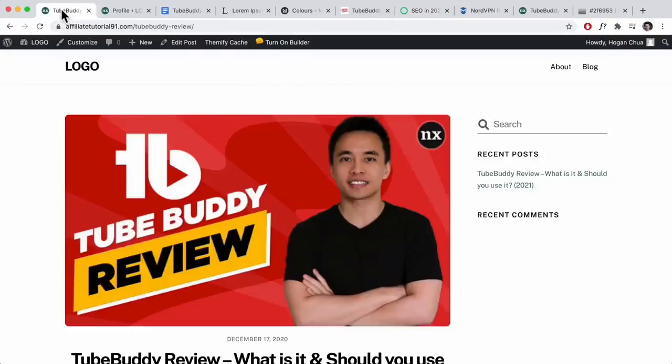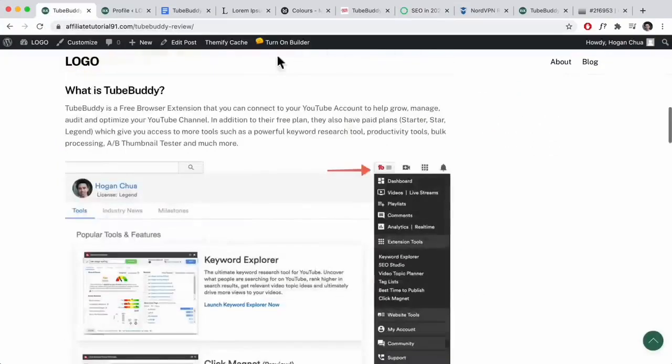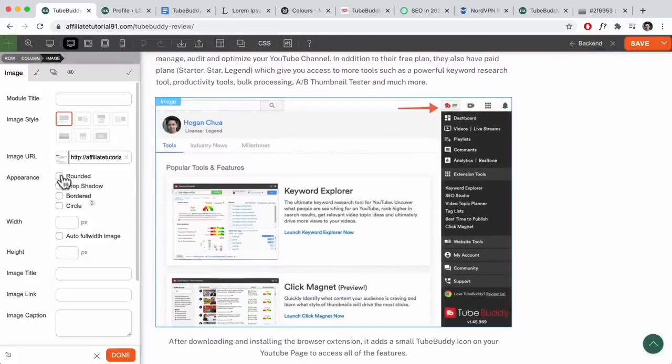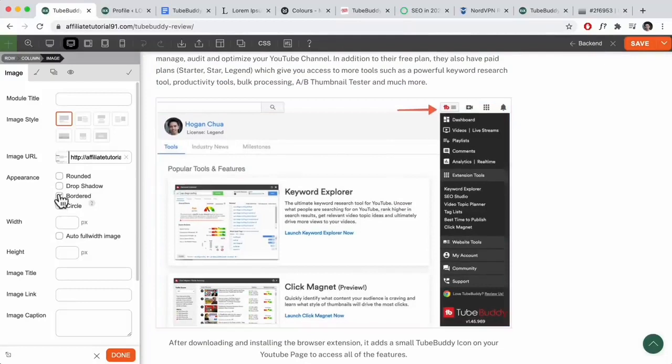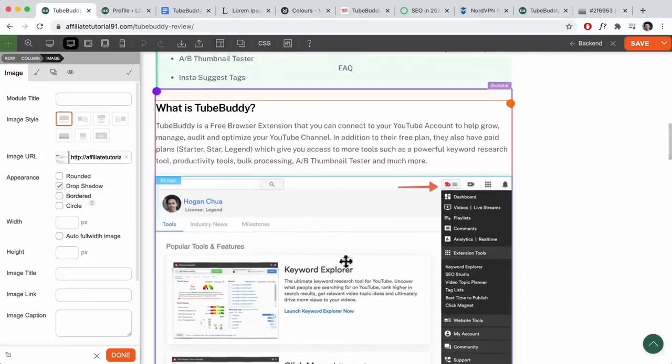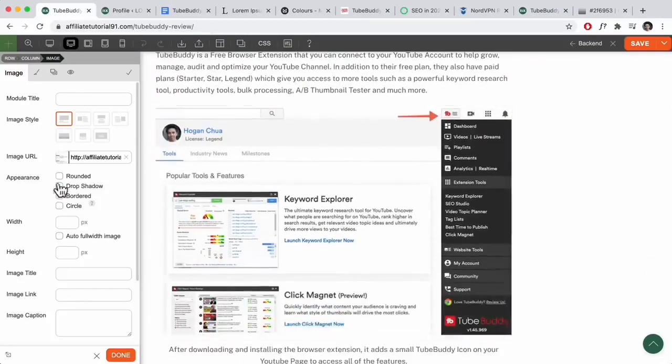So we can go back over here. We can do that as well. So turn on the builder. So you can do it two ways. We can click on the image module and we could do, let's say, bordered like that. But the border is a little bit thin, to be honest. We could also do drop shadow if you want it to display like that, or we could just go to